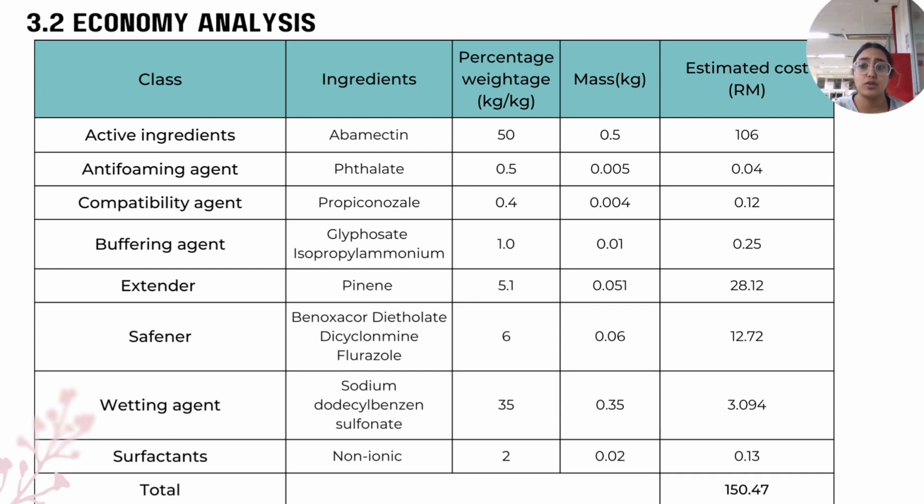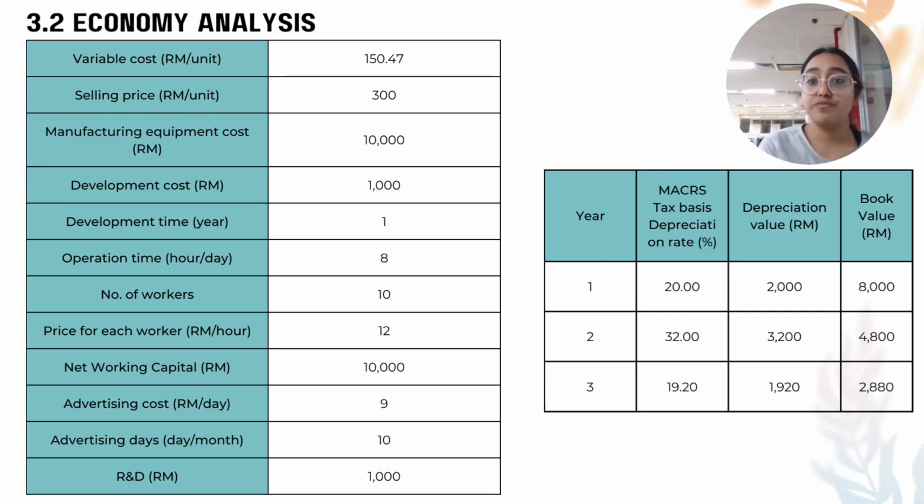The total cost for 1 kg of pesticides according to the mass composition has been displayed in the table above, and it was found to be RM 150.47 cents. After finding the cost of ingredients in 1 kg of pesticides, the cost is classified as a variable cost which is 150.47 cents per unit, where it was determined that 4,000 units were produced per year, and thus